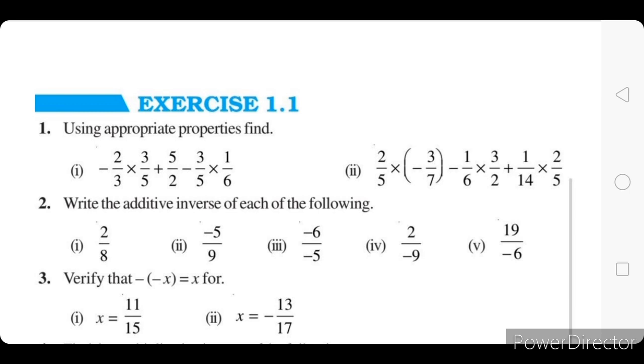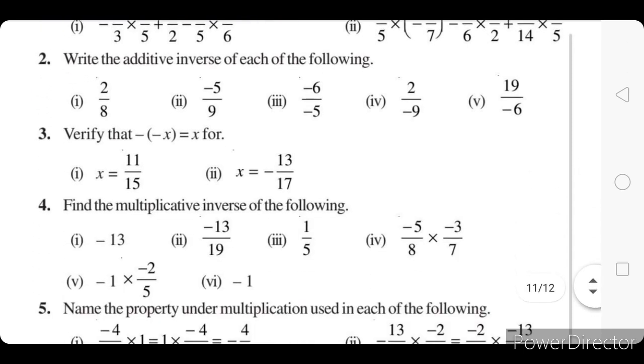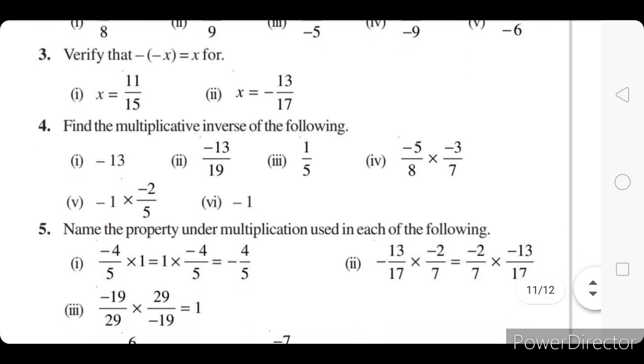So question number 1 I have explained to you. Second sum you have to do yourself. In the second sum I have explained you first 3 parts. Next 2 parts you will do yourself. Keep in mind, minus sign, whether in numerator or in denominator, it is negative rational number. It doesn't matter. Third sum we have done. Fourth also all parts you will do.